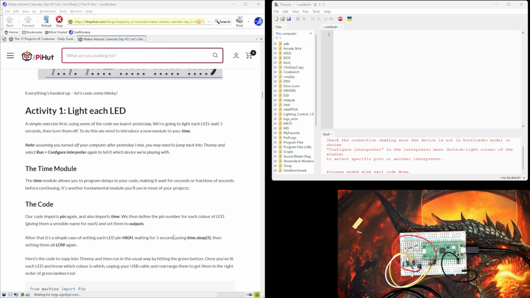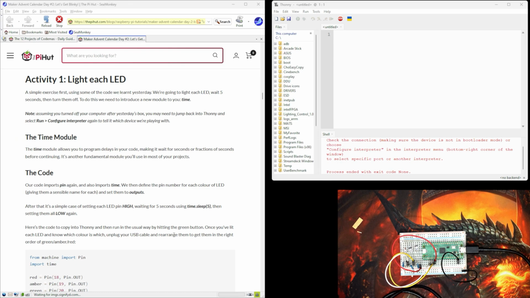Activity number 1. Light each LED. A simple exercise. First, using some of the code we learnt yesterday, we're going to light each LED, wait 5 seconds and turn them off. To do this, we need to introduce a new module to you. Time. Note, assuming you turned off your computer after yesterday's box, you may need to jump back into Thonny and